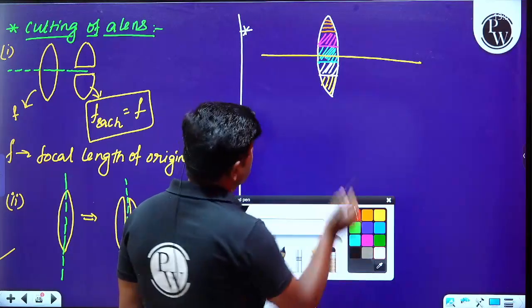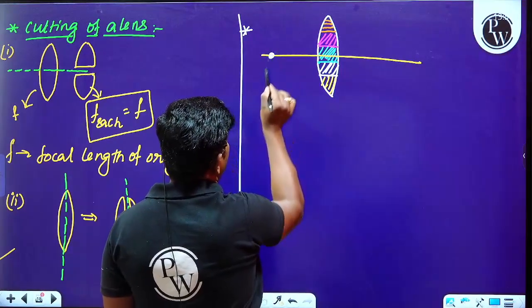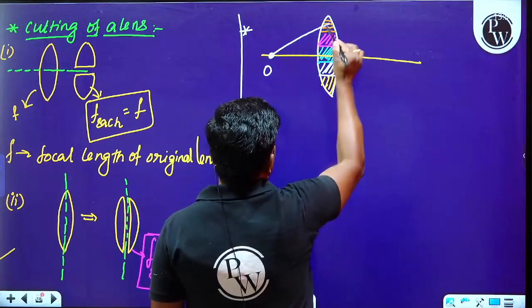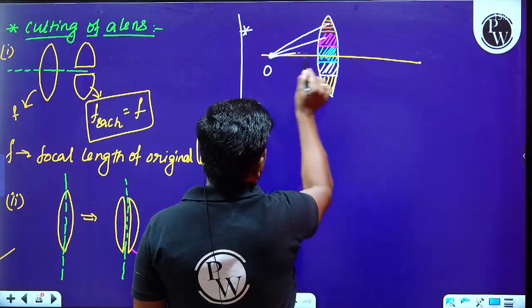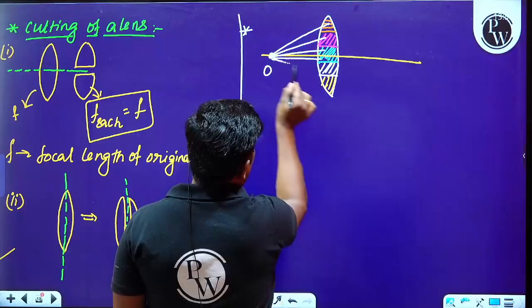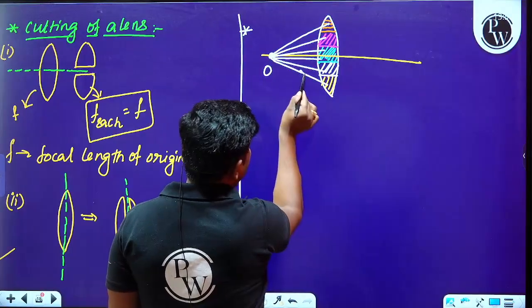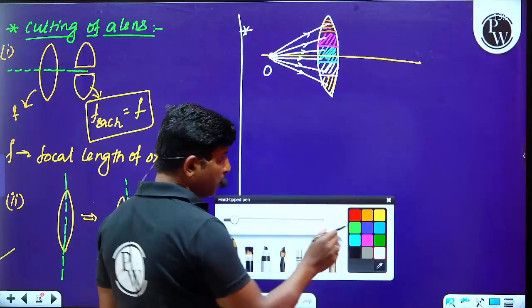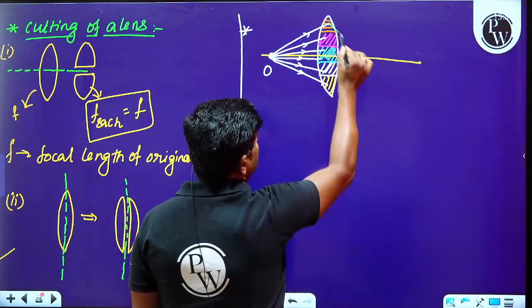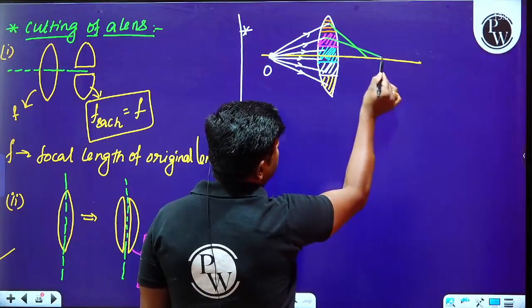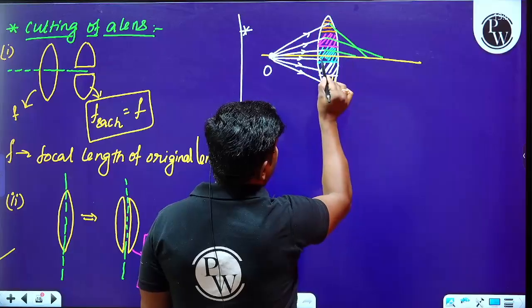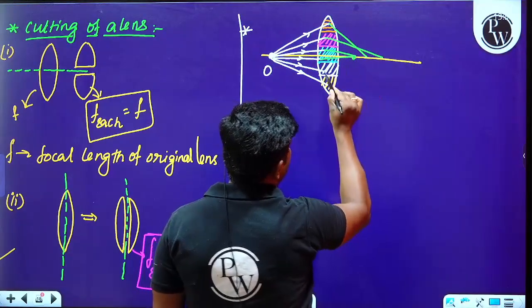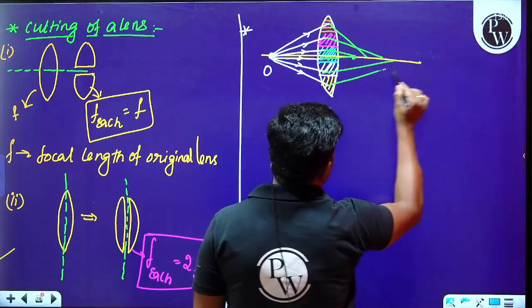Whenever we imagine an object, the light coming from the object is incident on all the parts of the lens, and each part will form the image at different locations. Therefore,